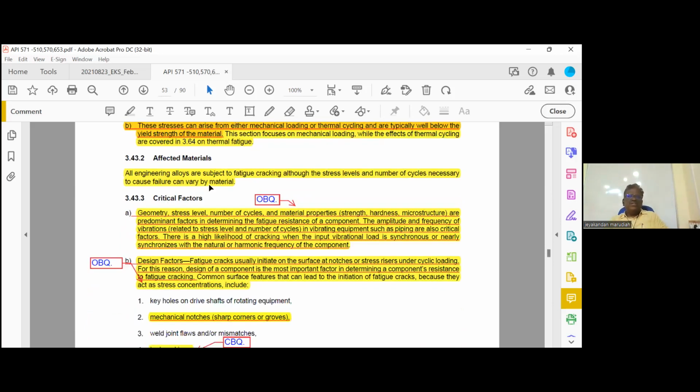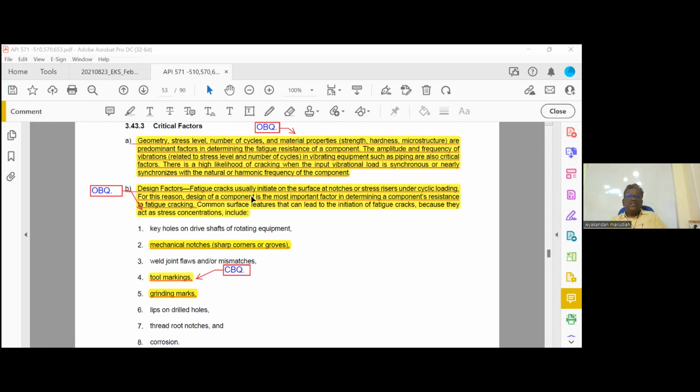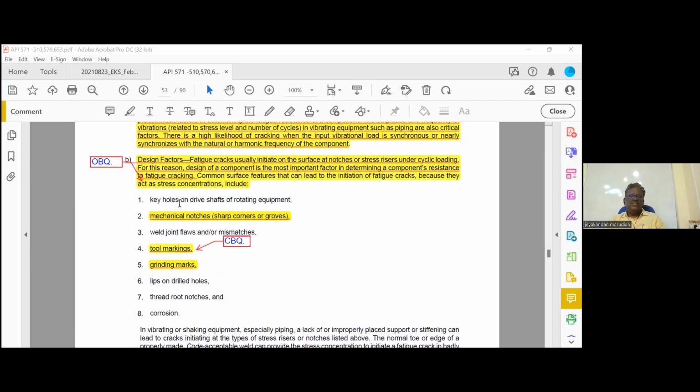So it will affect all materials, though not important. Then highlight this one, A: geometry, stress level, number of cycles, and the material properties, strength, hardness are predominant factors. Then design factor: fatigue cracks usually initiate on the surface at notches or stress risers under cyclic loading. For this reason, design of a component is the most important factor in determining the component's resistance to fatigue cracking. Design is the key. So design means,